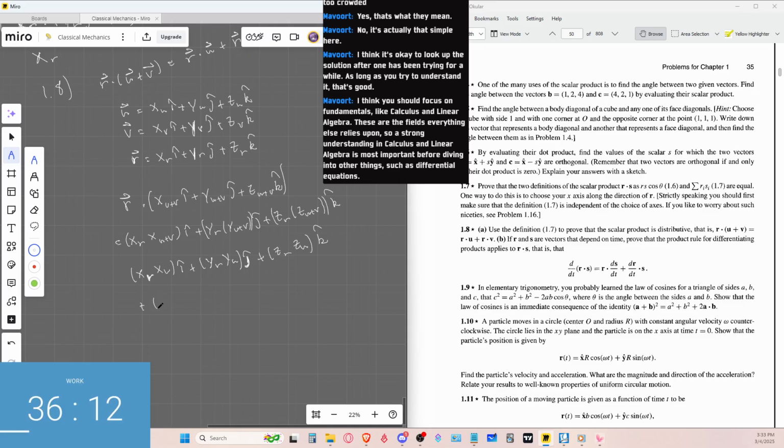And then plus r v, then when you add those two together,